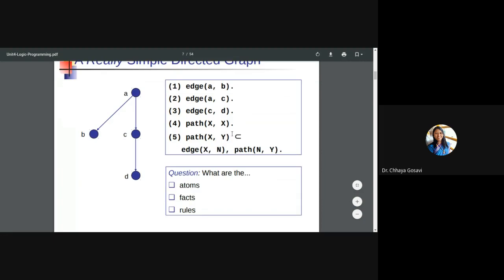Path(X, Y) implies edge(X, N), comma, path(N, Y).